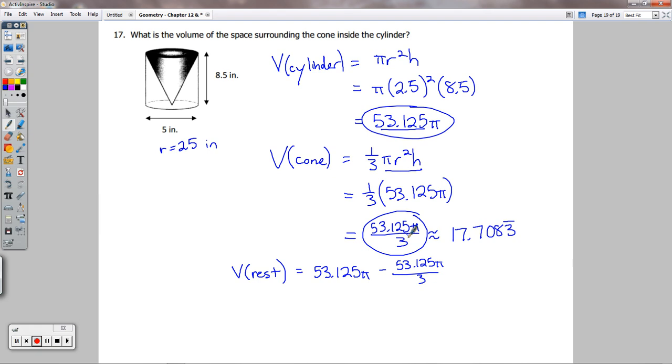And so if I do that, let's see what I get. So this 53.125 pi is approximately 166.897 and some change. And if I subtract 17.7083 repeating from that, I'm going to get approximately,